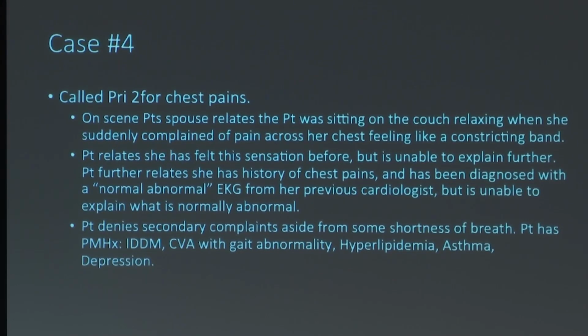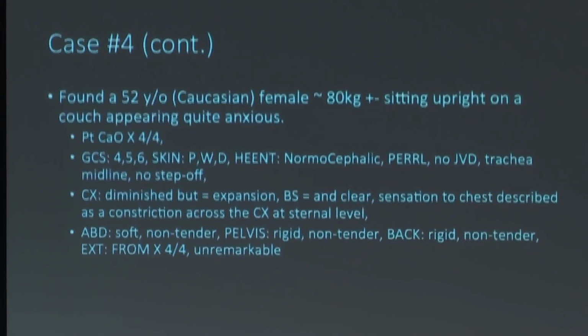Patient denies secondary complaints aside from shortness of breath, has a past medical history of insulin-dependent diabetes, CVA with gait abnormality, hyperlipidemia, asthma, and depression. 52-year-old, that's a lot of things to have when you're 52 years old. 52-year-old female, conscious, alert,